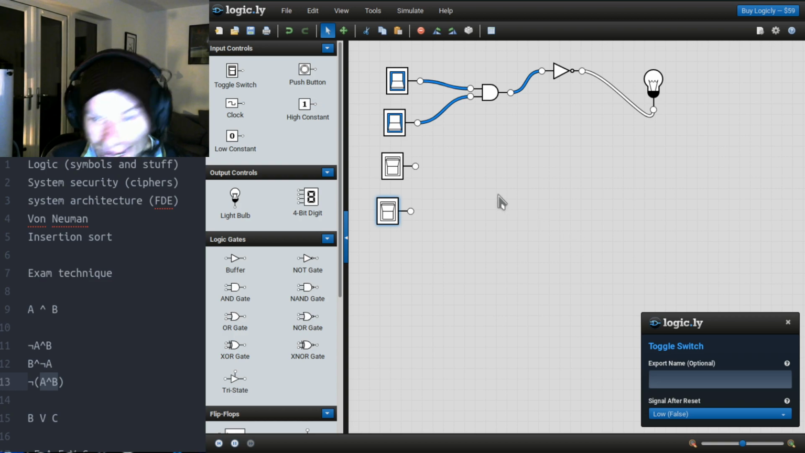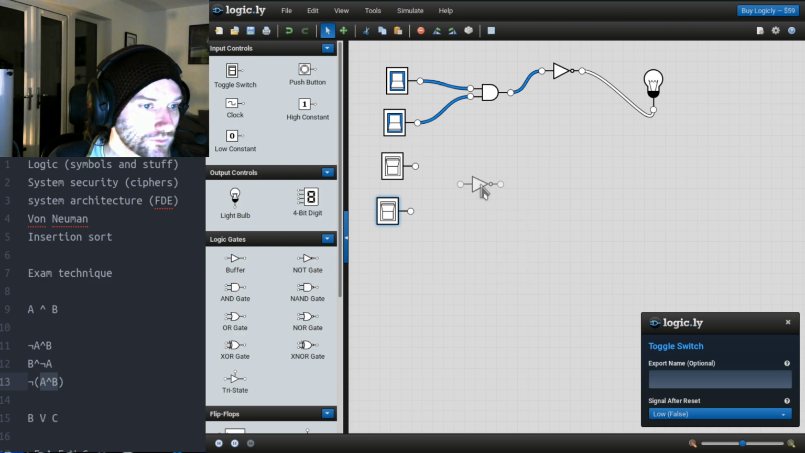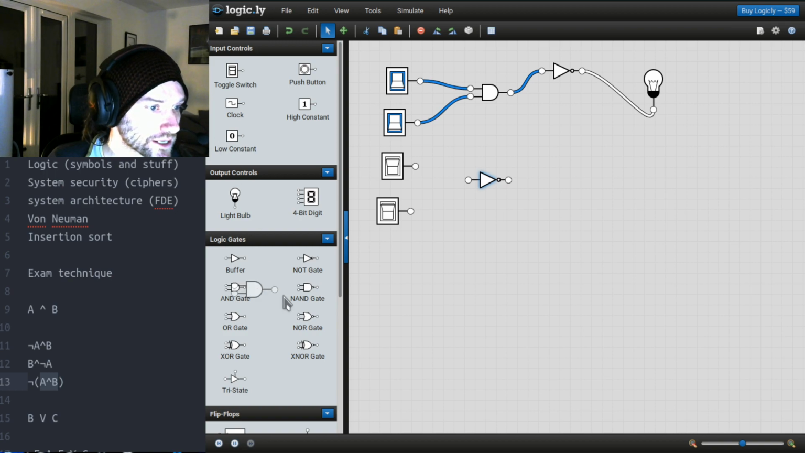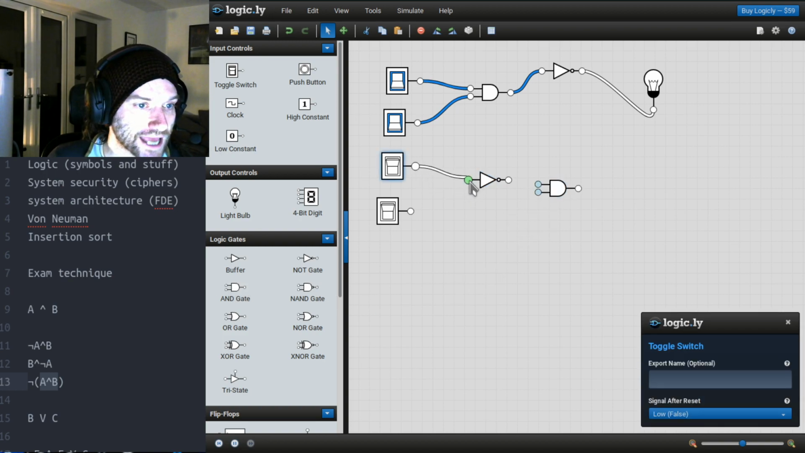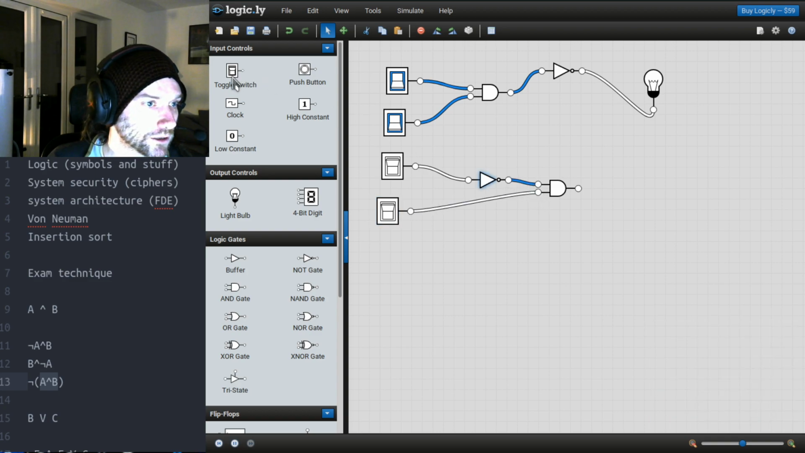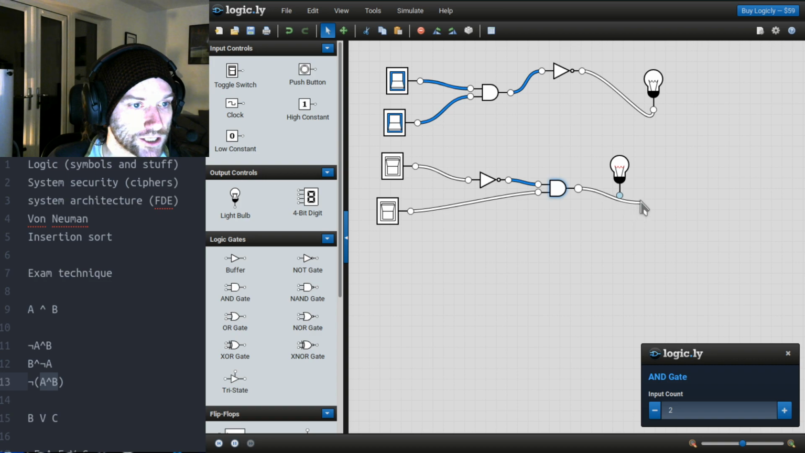It was B and not A. The way that would work is like this. Here's NOT A. There we go. And then AND with B. There we go. And we get a light bulb in there. And you can see